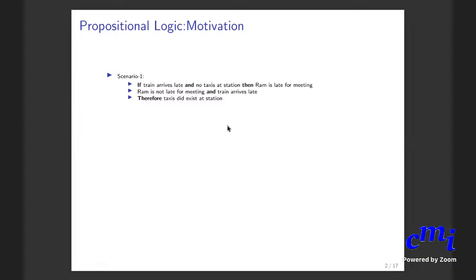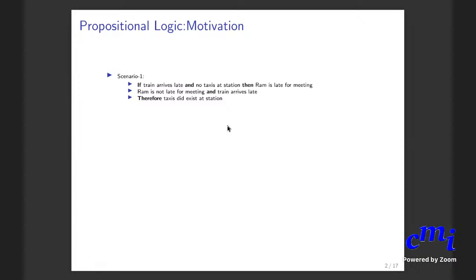Say you have some declarative statements that you make. If the train arrives late and there are no taxis at the station, then Ram is late for a meeting. Ram is not late for the meeting, and you also know for a fact that the train arrives late. So you know that Ram is indeed not late for the meeting and the train arrives late,